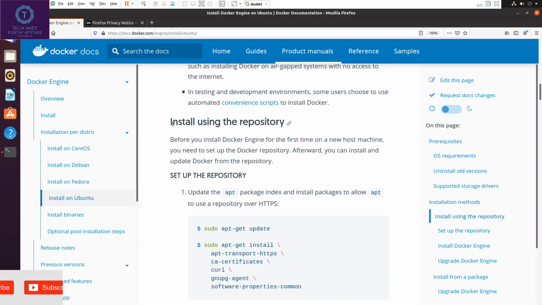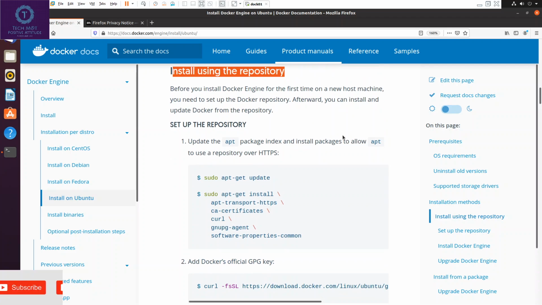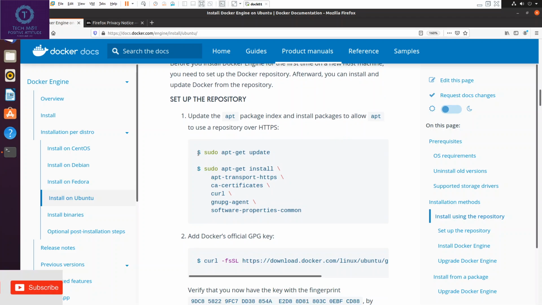Next step is to install repositories, packages that are required for Docker engine. First we will update the basic packages required for Ubuntu.